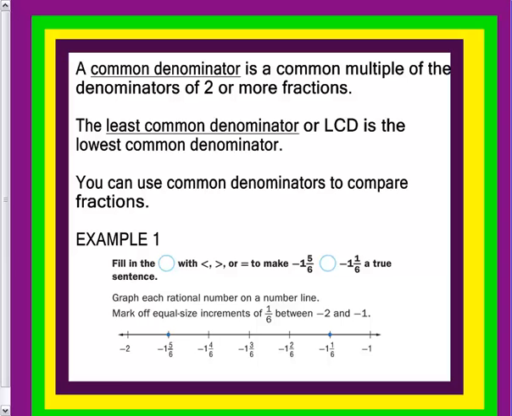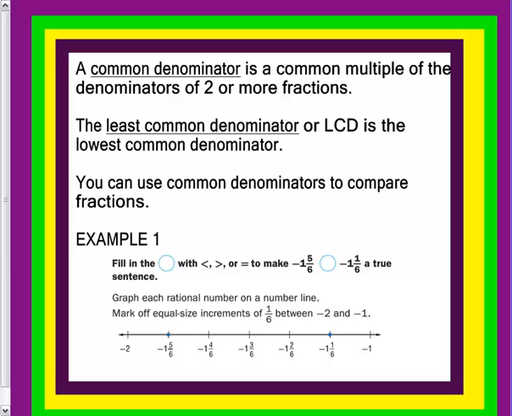Okay, so a common denominator is a common multiple of the denominators of two or more fractions. The least common denominator, or LCD, is the lowest common denominator. You can use common denominators to compare fractions. For example, if we have -1 5/6 and -1 1/6, we can try to see which one is bigger by